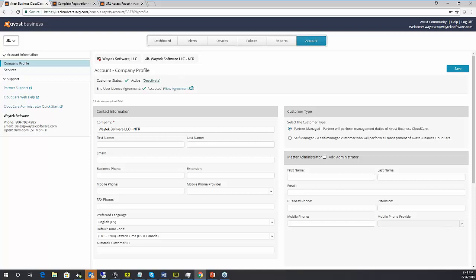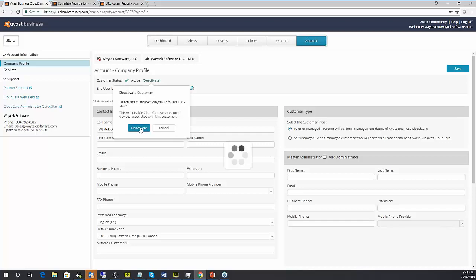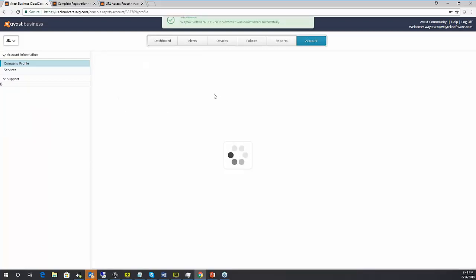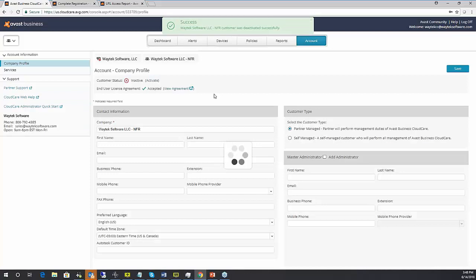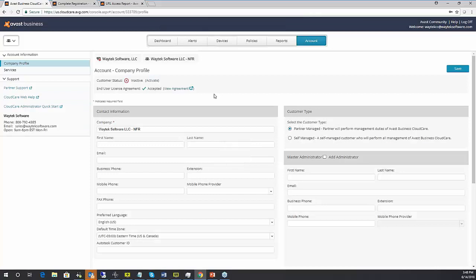You hit deactivate. It just turns off their account. Actually, I'll just go ahead and hit it now. It's not a big deal. It doesn't remove anything. So what's kind of nice about this, you deactivate it. On their endpoints, within just a couple minutes, it'll start popping up, "Your device is not protected." If they open up Avast, they'll see all the services are turned off,